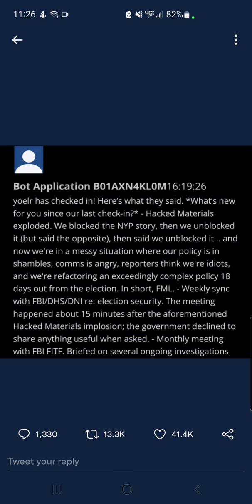What's new for you since our last check-in? Hacked materials exploded. We blocked the New York Post story, which is referring to the Hunter Biden story. Then we unblocked it, but said the opposite. Then said we unblocked it, and now we're in a messy situation where our policy is in shambles. Communications is angry. Reporters think we're idiots, and we're refactoring an exceedingly complex policy 18 days out from the election. In short,